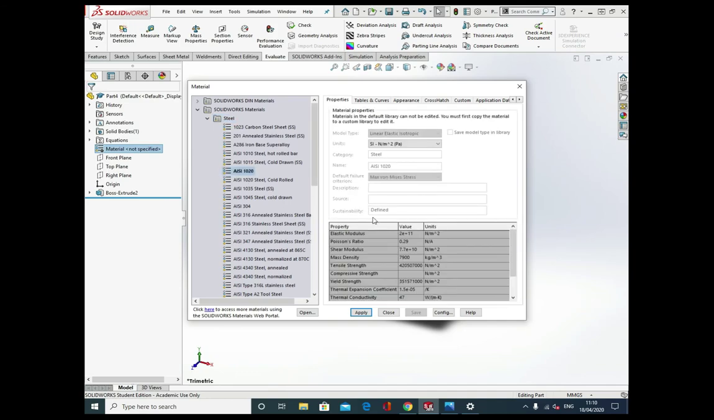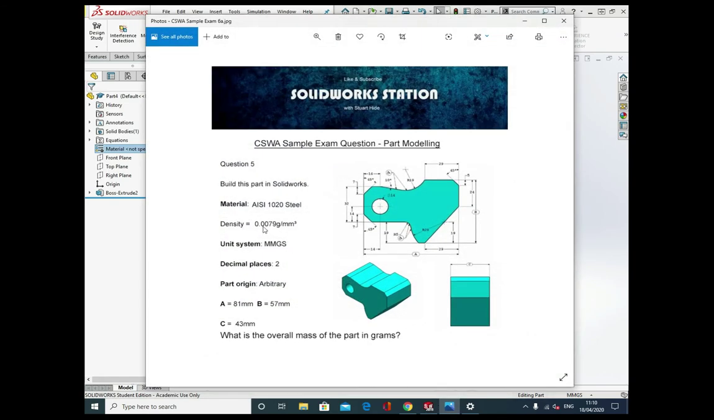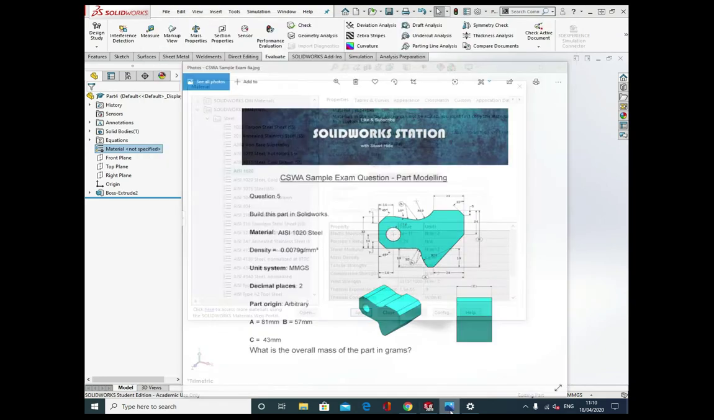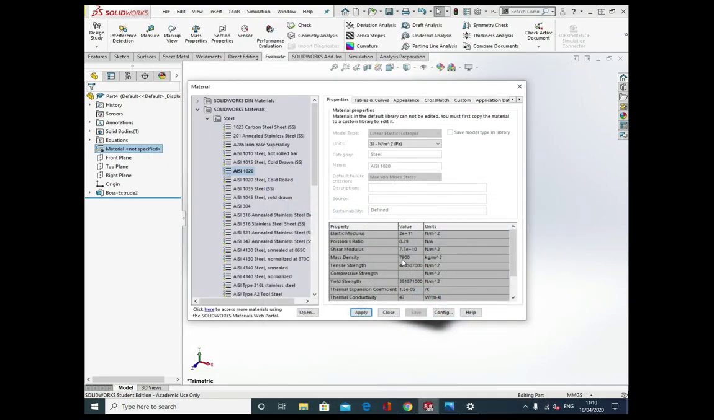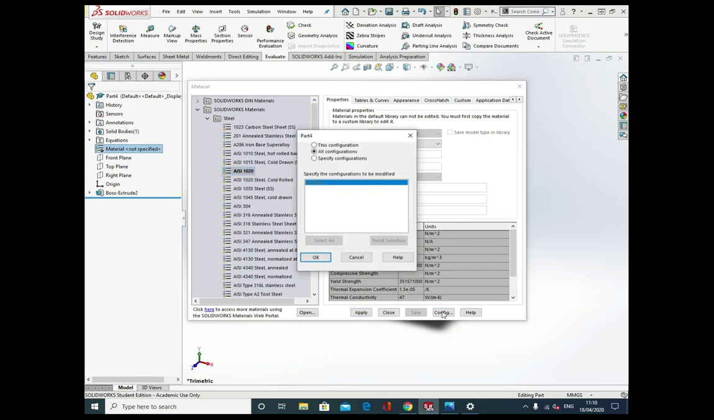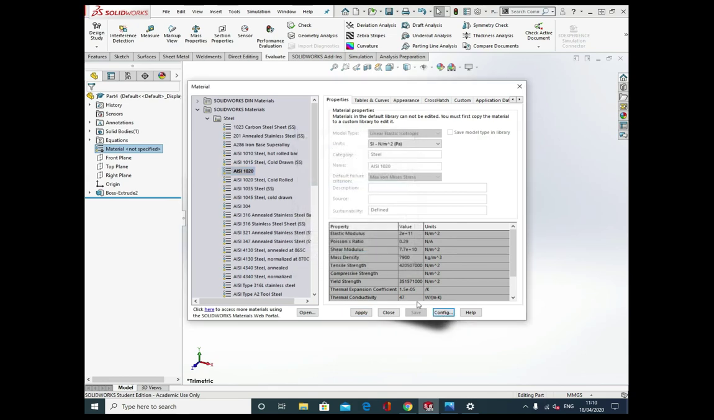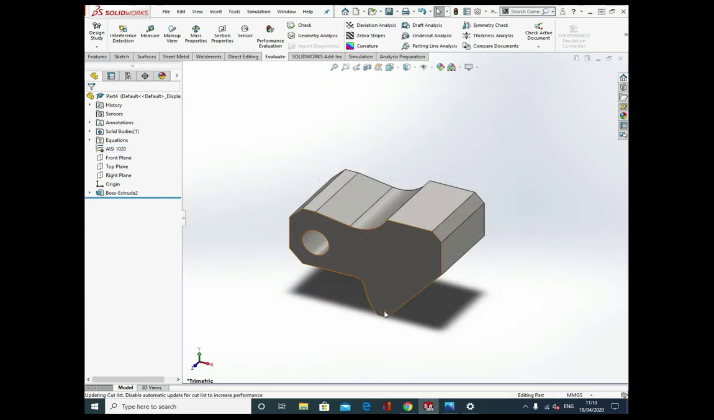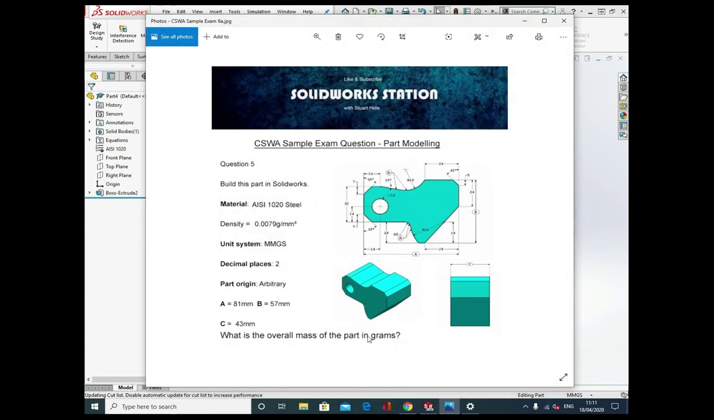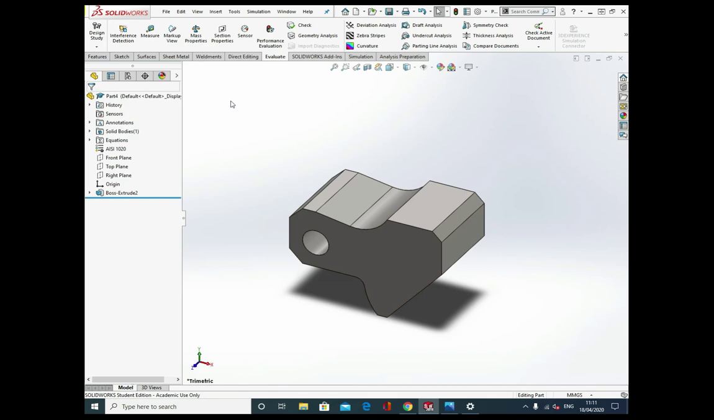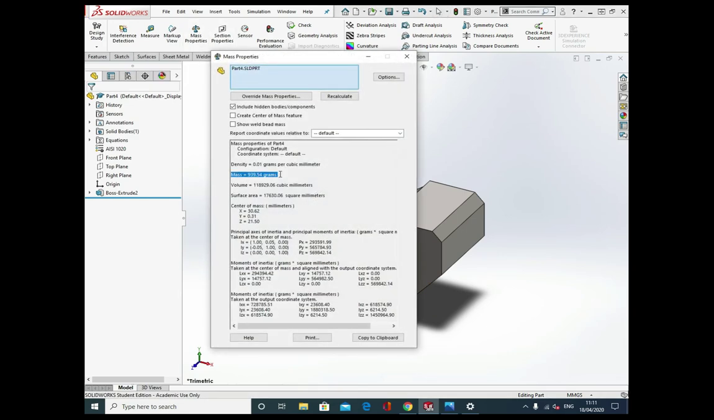There we go, and it's got to have a density of 0.0079 grams. Okay, which it would do if this was in grams per millimeters cubed. So we're going to apply and close, and then from here it's asking what is the overall mass of the part in grams. Really easy, this one. Okay, we're going to go to the Evaluate tab, Mass Property, and there it is, the mass of that in grams,